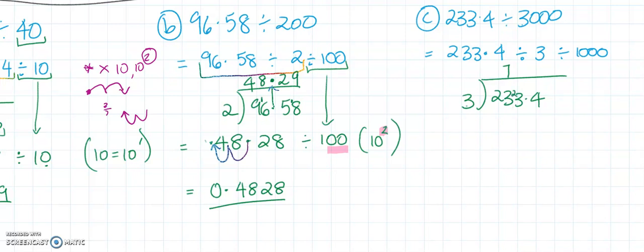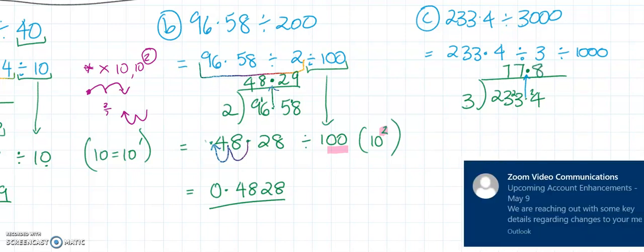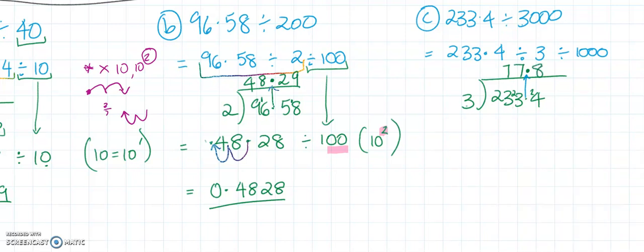Makes it 23 again, which means that it goes into 23 7 times. And we have a remainder of 2, which goes right next to the 4. But before that, we have our decimal point, so we line up our decimal point. And 3 into 24 goes 8 times. So we end up with